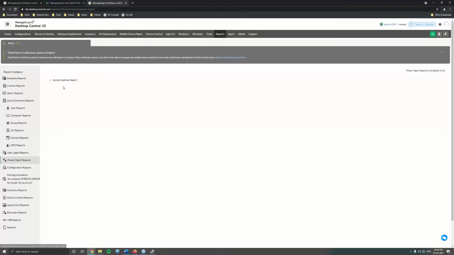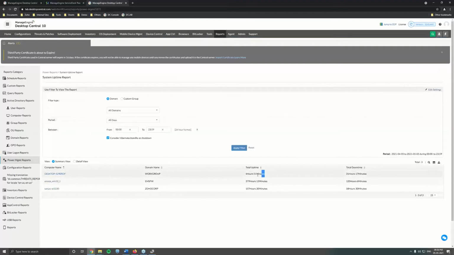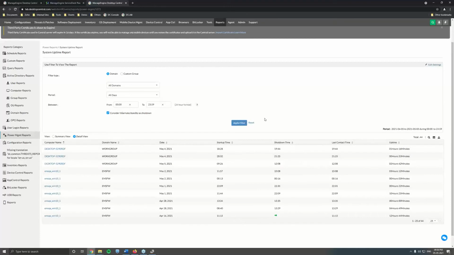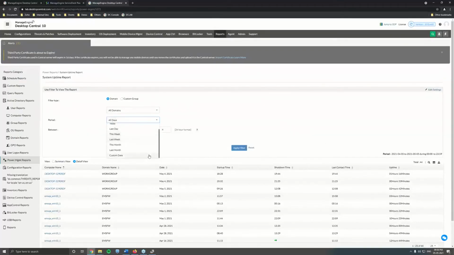Power management reports to find the system uptime and downtime report. You can enable that and find out the total uptime of a specific server or a computer and the downtime as well. If you click on that machine or move to detailed view, you can get exact date-wise information along with the startup and shutdown time and the last time the agent contacted with the server. You can also use the predefined filters that are present to narrow down or use a custom date to filter